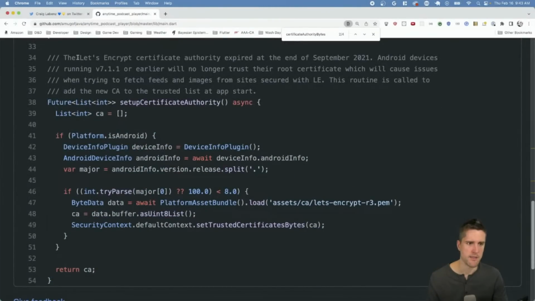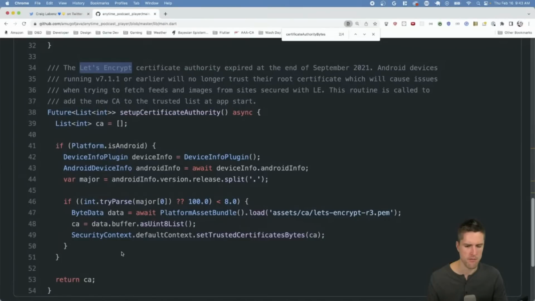Let's Encrypt. Nice. So one thing I'm just curious about is why is this needed? Maybe it's to download the actual files, but I'm actually unsure. Let's read this thing. Maybe this will tell us. Certificate authority expired at the end of September 2021. It did? Android devices running this earlier version will no longer trust their root certificates, which will cause issues when trying to fetch feeds or images from sites secured with Let's Encrypt. I had no idea that Let's Encrypt